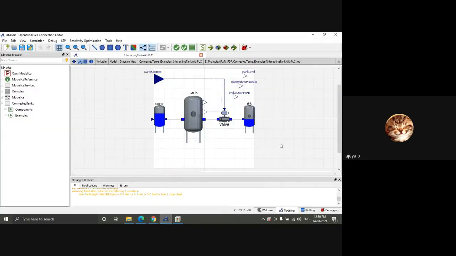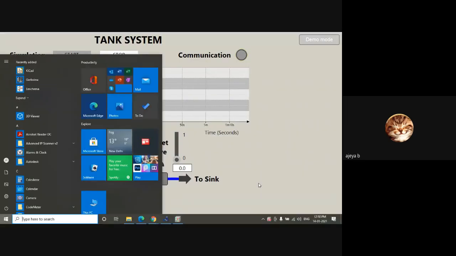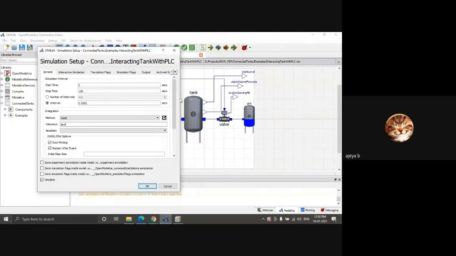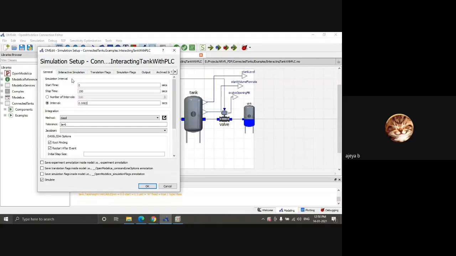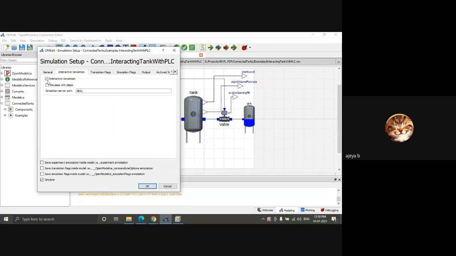And one more thing I'll show you, if you don't keep it in real time, if I don't put this flag, and if I run this, and I keep the interactive simulation on, but I won't run the simulation in real time, but it'll run in simulation time. That'll be depending on the engine or depending on the processing power of the laptop, it'll simulate.